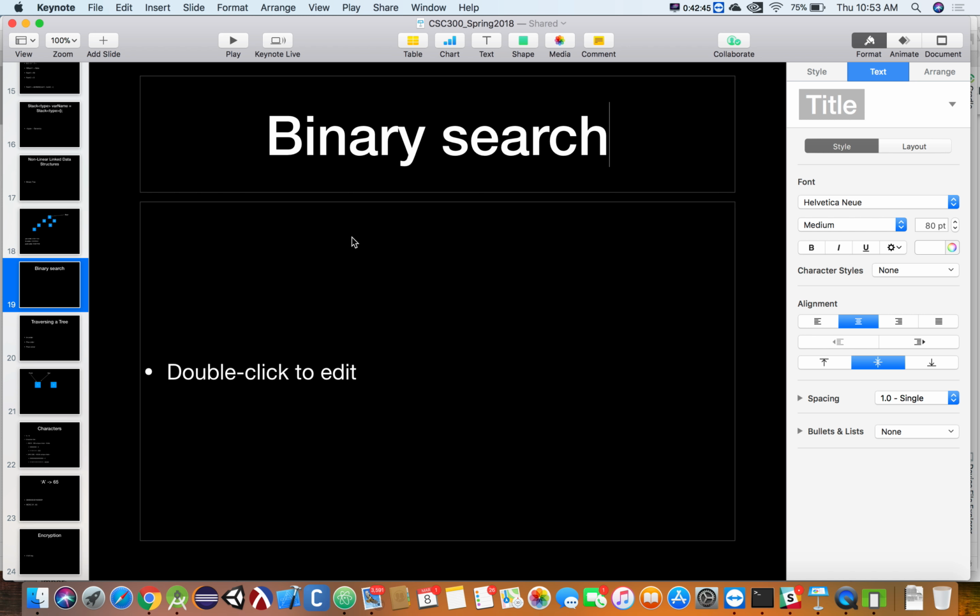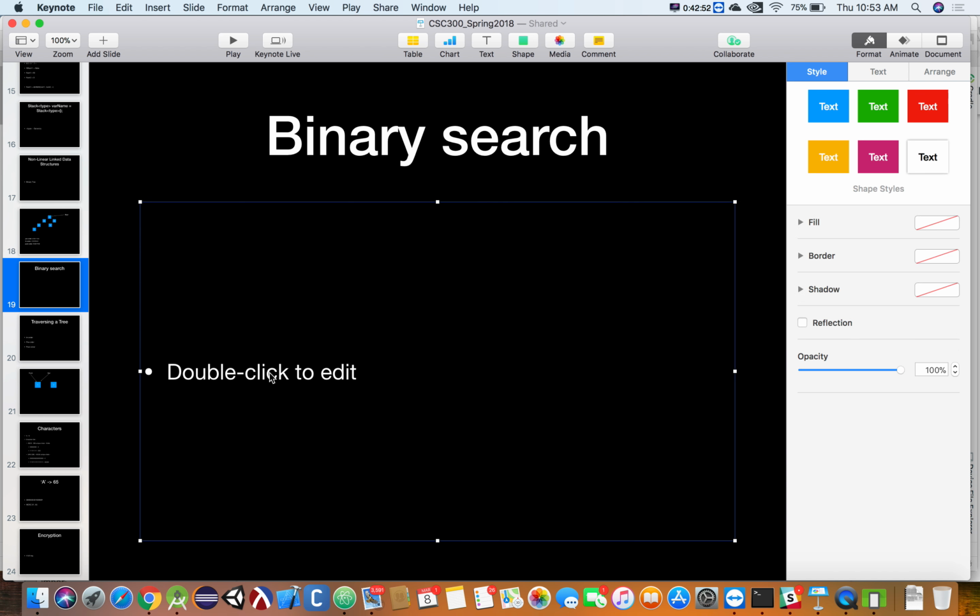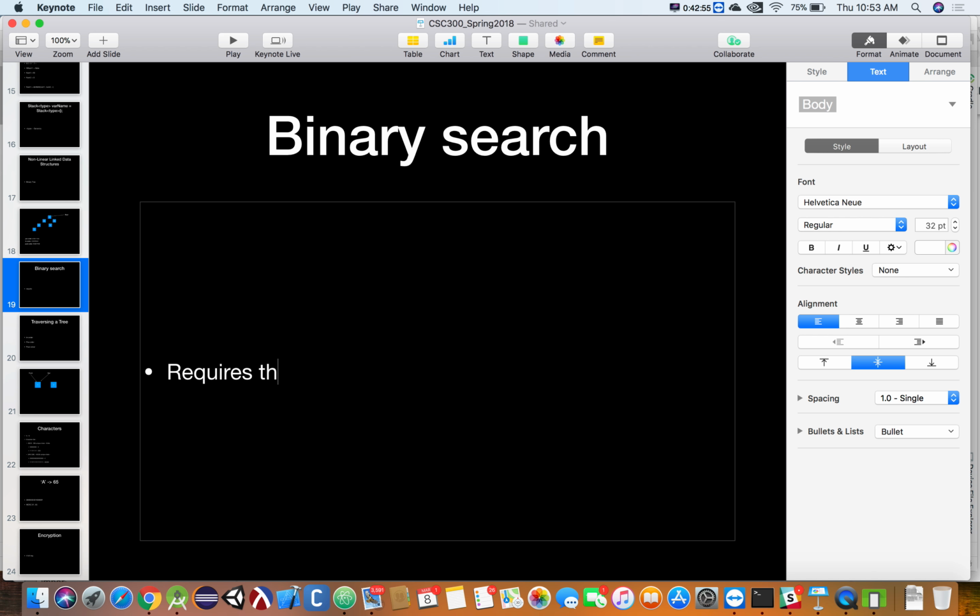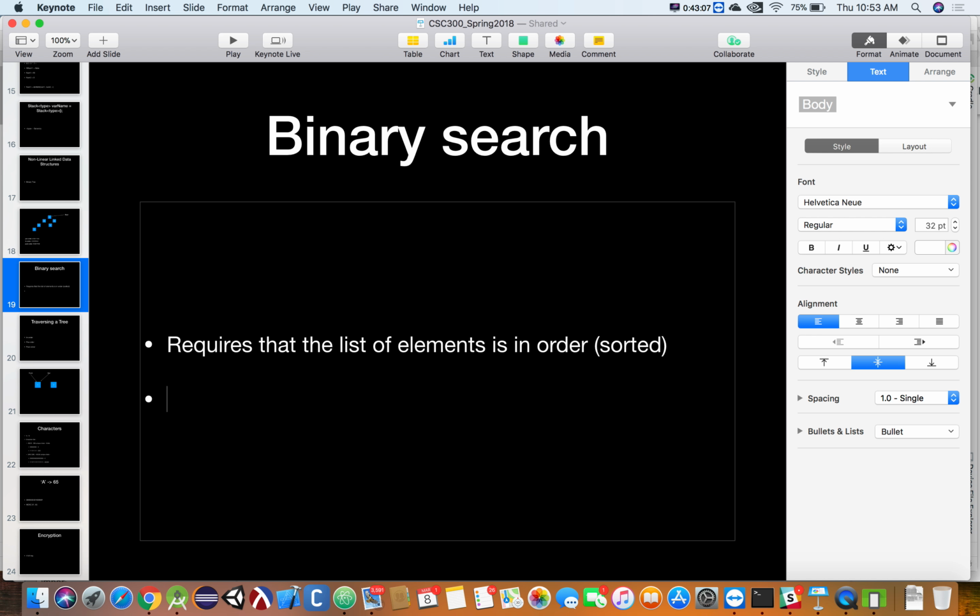So binary search has very little to do with binary trees except for where their name was derived from. Binary search requires that the list of elements is in order, so it requires that it's sorted. We have to have data that's sorted first. So we might have 1, 1, 2, 3, 4, 6, 9, something like that. All right, so we have some sorted data. To do a binary search on this,